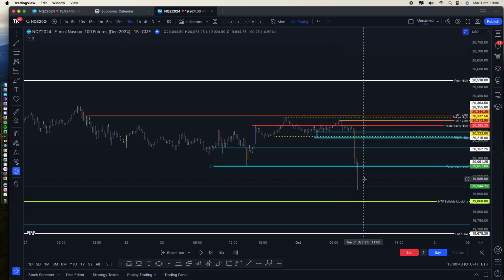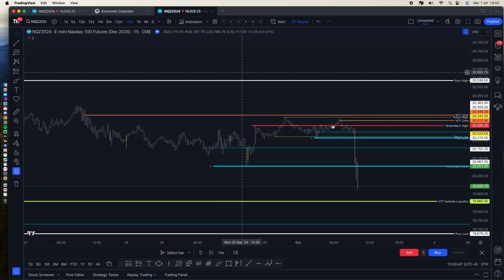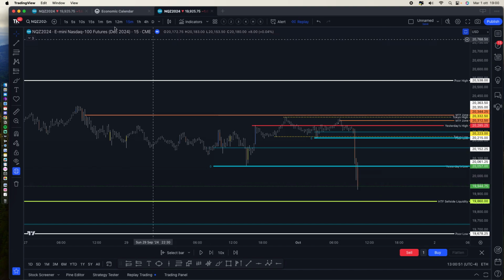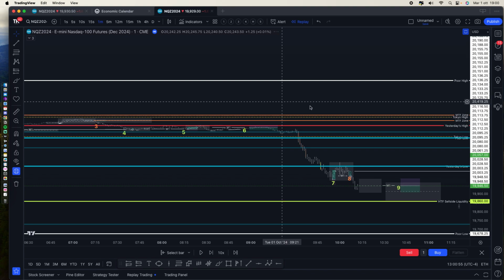Thinking that we are bullish with this strong trend, this strong pressure, is not good. Anyway,